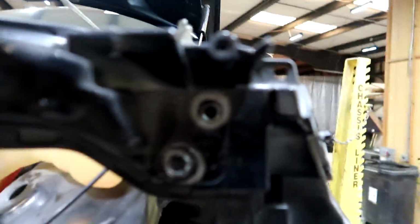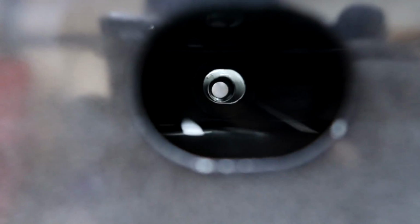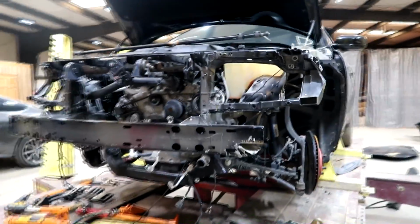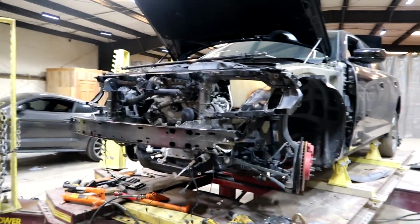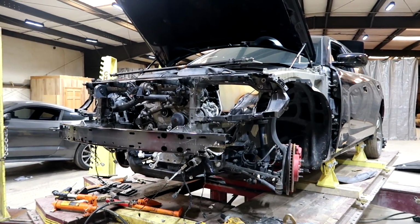But as you guys see, everything lines up really good. There it is. And this one right here. So they all line up really good. I will probably go ahead and test fit the fenders and the bumper and the headlights, make sure all the gaps are good before I start welding all this